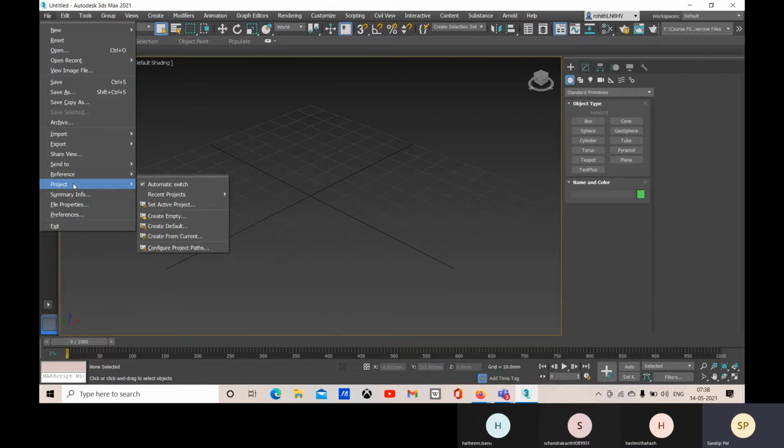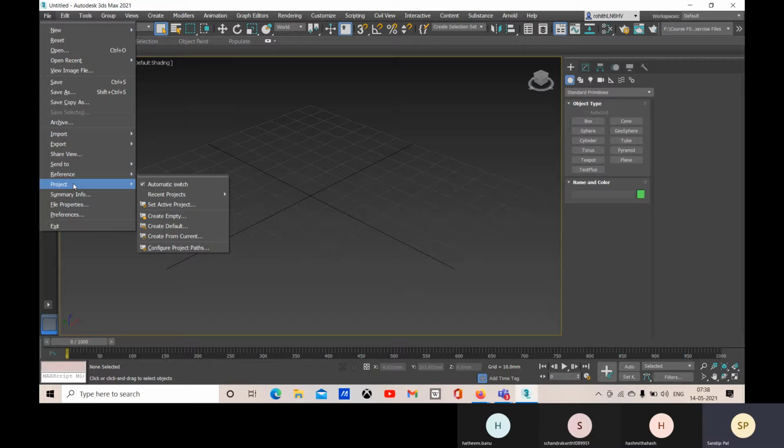So let me start again. When we are creating a new Max file or a Max project or a Max model, we should define a project folder. And Max will allow you to create a project folder. In that folder, not only your model will be saved, but all the other files like any image files you have saved and your backup files.